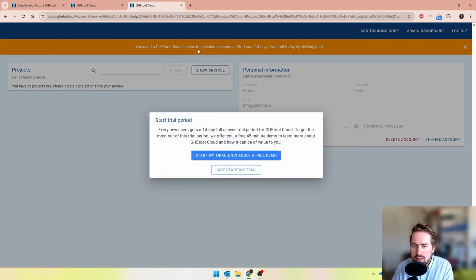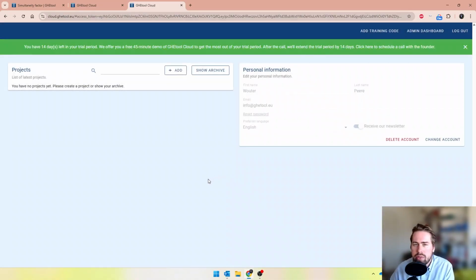We offer 14-day full access to all new users, but, and this is an important thing, if you start your trial and also schedule a demo with me, where we can go over the tool and how it can be of value for you and for your company, we will extend it for another 14 days. Now, just let us go ahead, start my trial period, the bar turns green,